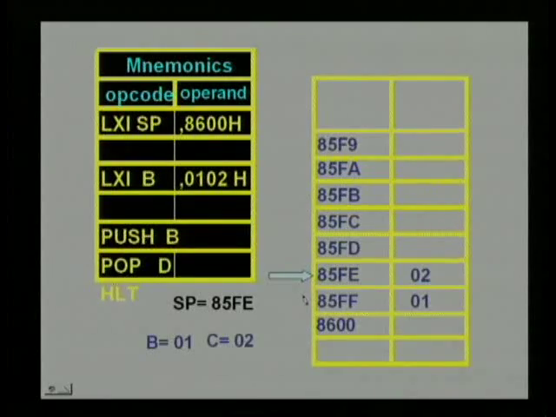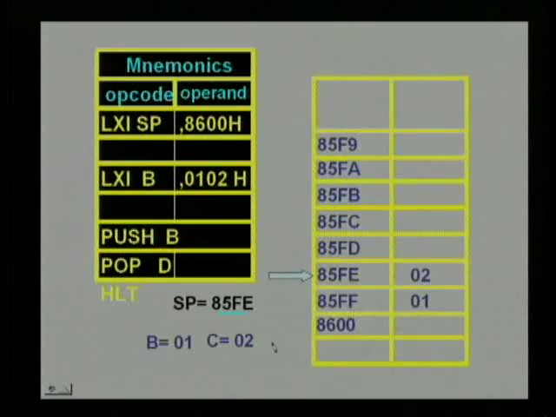You see, at the end of push B instruction, top of the stack has become 85FE. Now when pop D instruction executes, what should happen? The top of the stack contents, that is from 85FE and 85FF, these contents should be copied into DE register